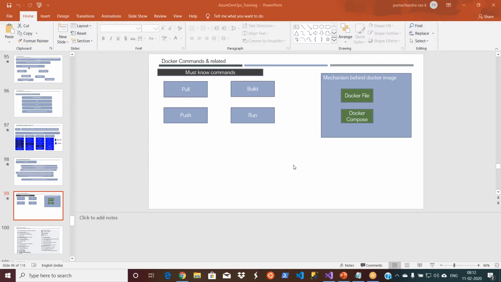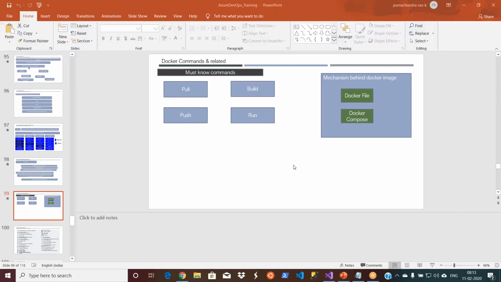Okay, so let us say you are working on a .NET project or Java project, what are all the things you do? First, you develop your code, and then you build the solution. Then you will get some artifacts like exes or dlls or html files, etc. So that will happen after you build it. After that, you will deploy them to some environments like IaaS. Basically it is nothing but running your application.